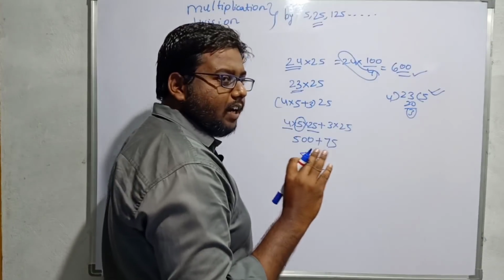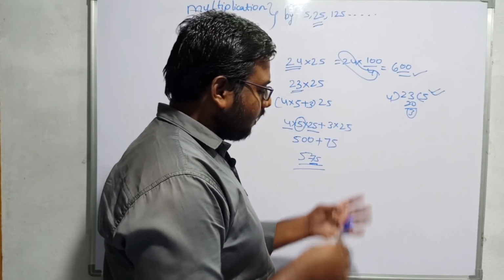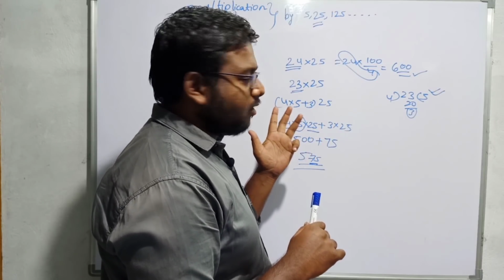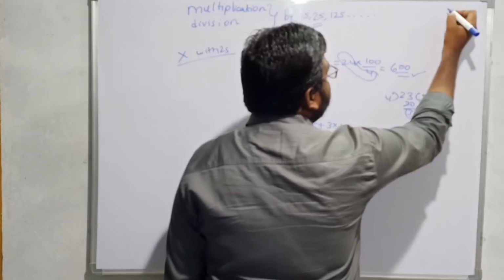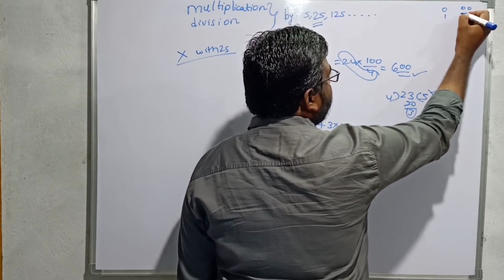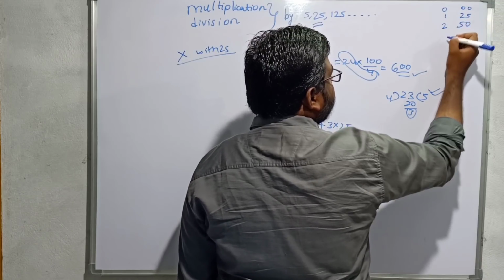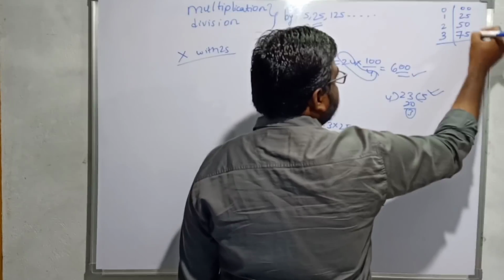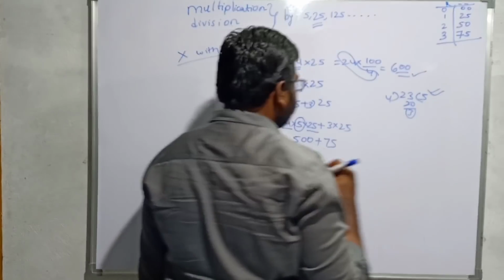For example, if I am dividing any number by 4, then I have only 4 possibilities of getting remainders, that are 0, 1, 2, 3. So we will see this concept in detail in remainders. So if I get the remainder as 0, then I will get last 2 zeros. If I get remainder as 1, I will get 25 in the last 2 digits. If I get 2, I will get 50 in the last 2 digits. If I get 3, I will get 75 in the last 2 digits. This is remainder and this is last 2 digits.